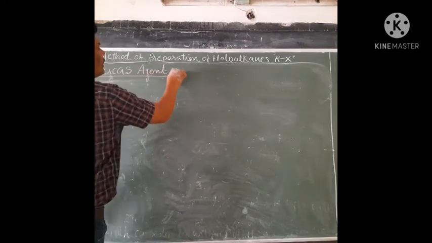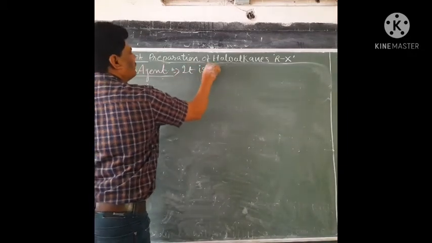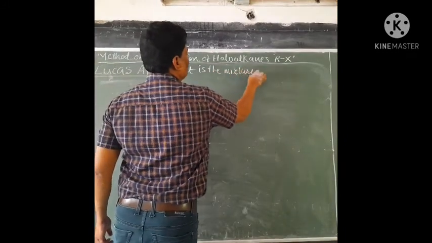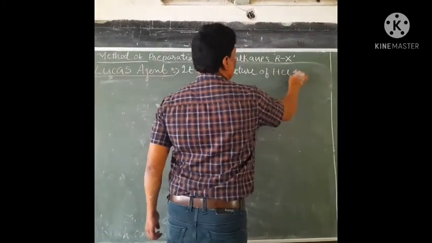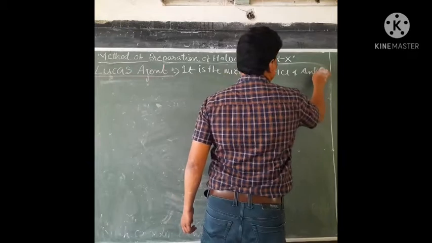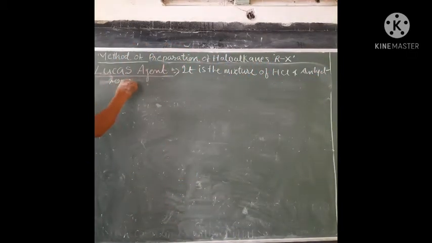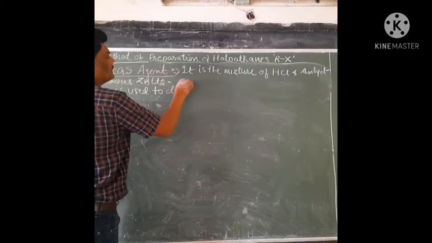So what is Lucas reagent? It is the mixture of HCl and anhydrous ZnCl2. Okay, it is used to distinguish